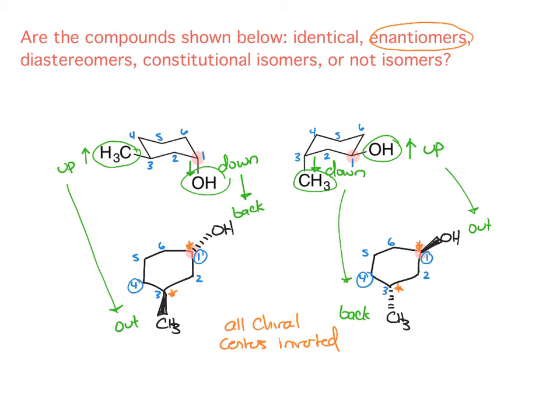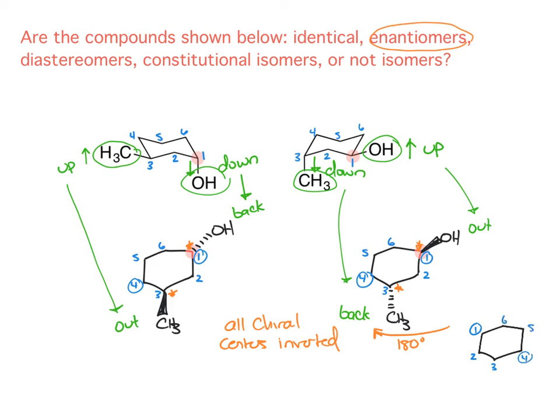If you want to prove that the second compound is a mirror image of the first, okay, think about taking this second compound and flipping it over 180 degrees horizontally. Essentially, you're going to flip it so that this carbon 1 comes to the left side, carbon 4 to the right. There's 1, 4,